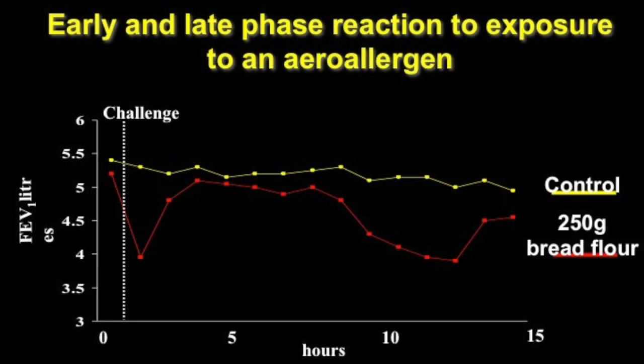For those of us who went to medical school 30 years ago, you'll remember that this is what we thought of as asthma. Asthma was all either extrinsic or intrinsic, terms that we don't use now. And this is the model of extrinsic asthma. This is the early and late phase allergen response. This happens to be an occupational challenge with flour in a patient with Baker's asthma, but it could be any air allergen. And you know how this works.